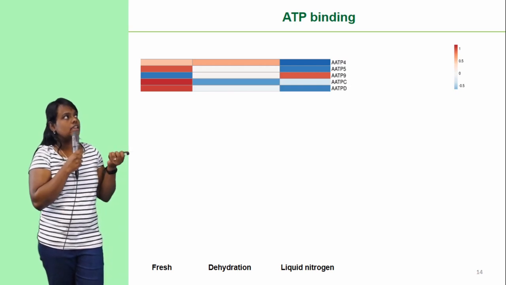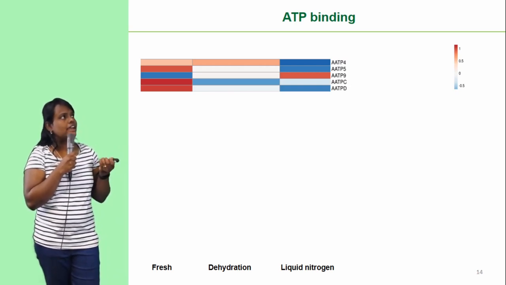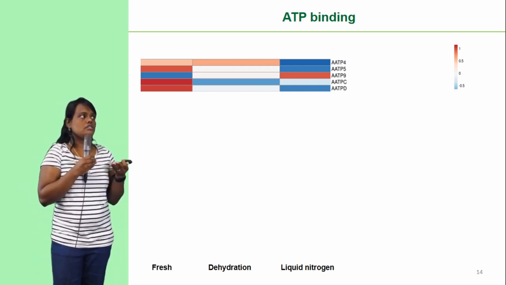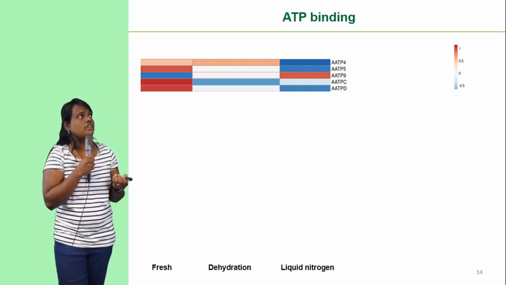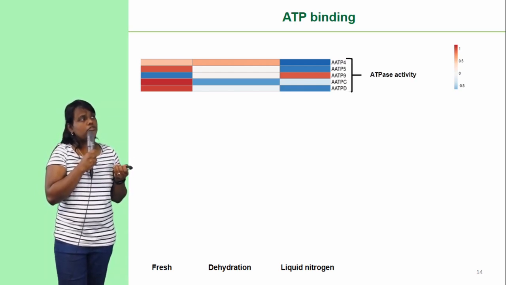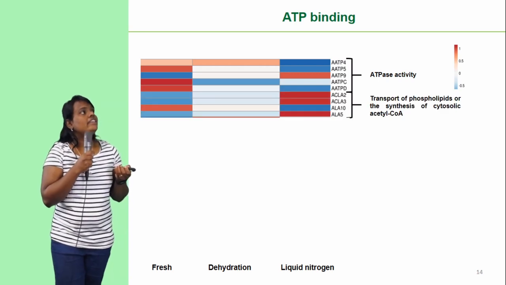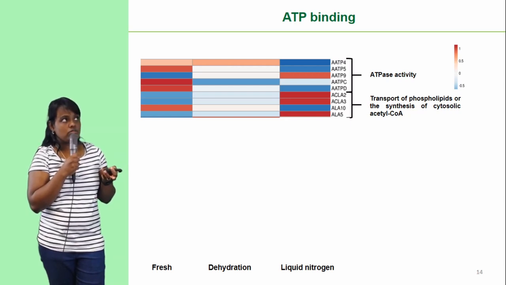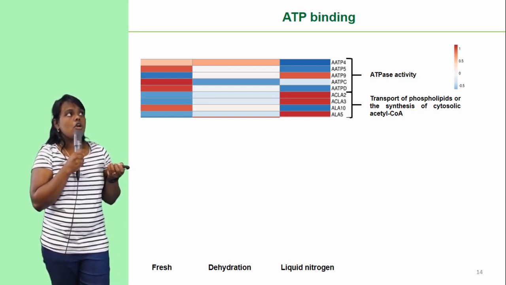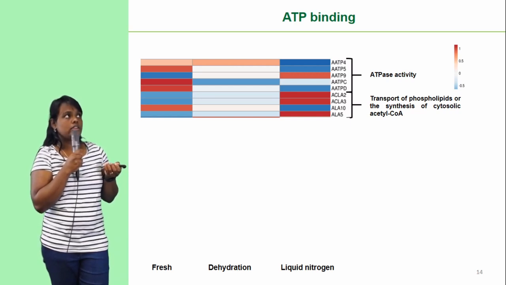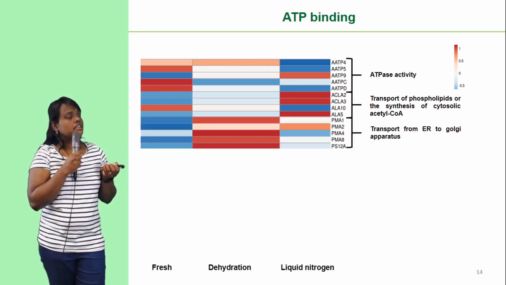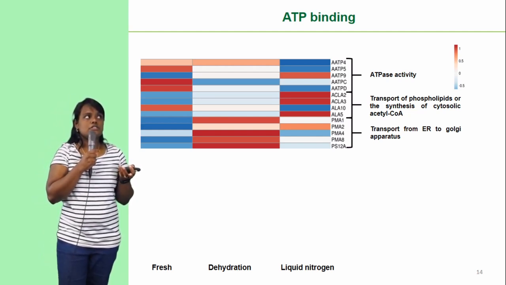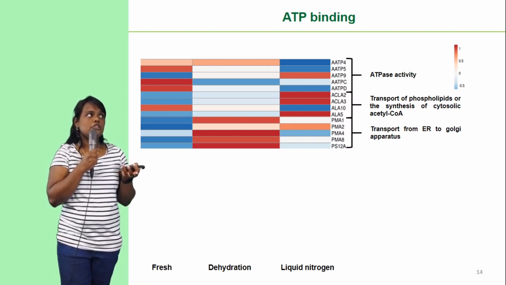Now let's see the second GO term, ATP binding proteins. There are a few ATP genes which might also be involved in the production of ATP, which shows the changes also in the mitochondria. These genes are responsible for ATPase activity, and the ACLA and ALA are responsible for the transport of phospholipids or the synthesis of cytosolic acetyl coenzyme A. The next set of genes are the plasma membrane ATPase, which are responsible for transport from endoplasmic reticulum to Golgi